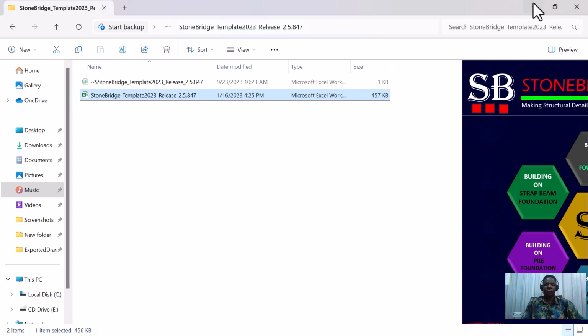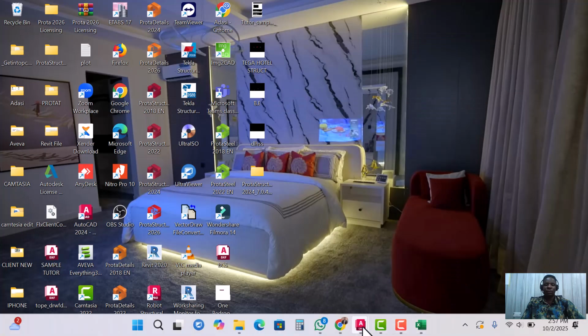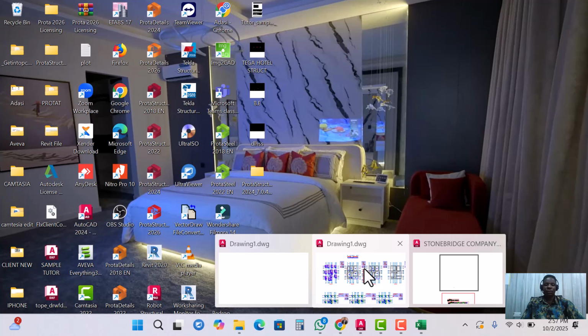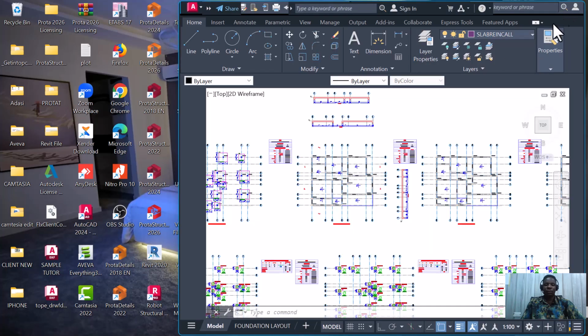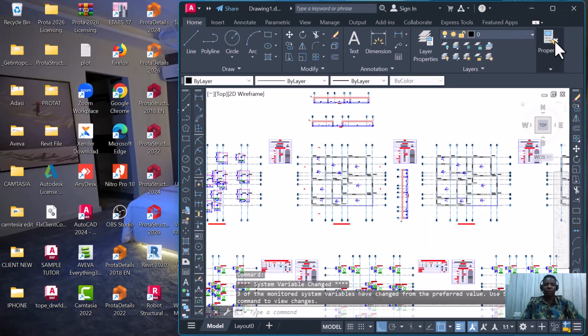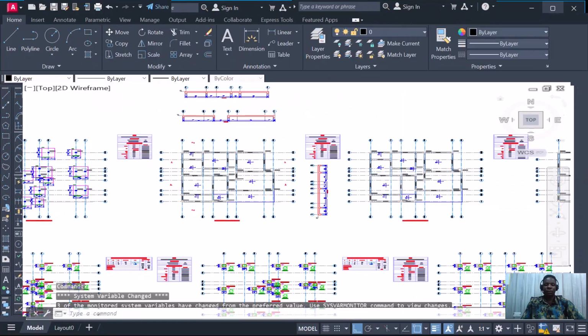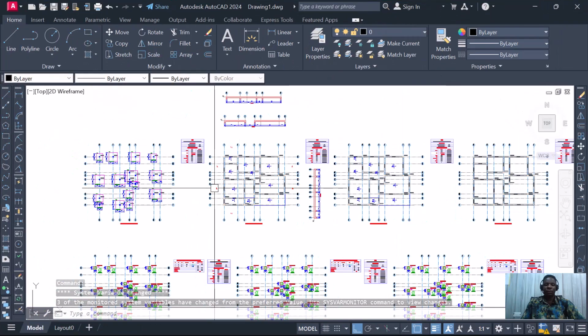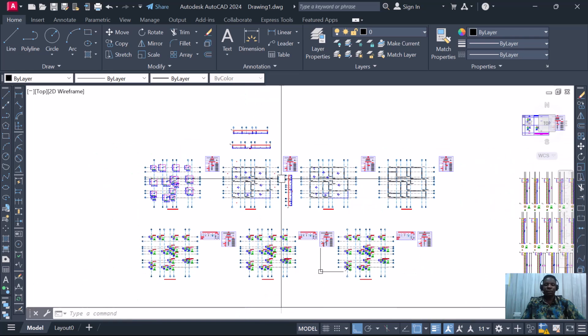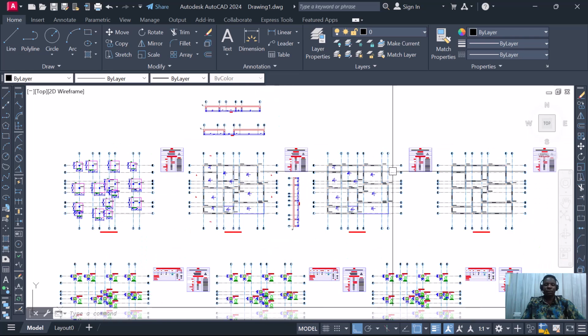So let's go for what we have today. Here we'll just move over here. You can see a dashboard here. We're going to copy our own drawing and paste it over here. And when we paste it, it's going to change from what we have from our initial design. Okay, so here now, if we move down to our AutoCAD,